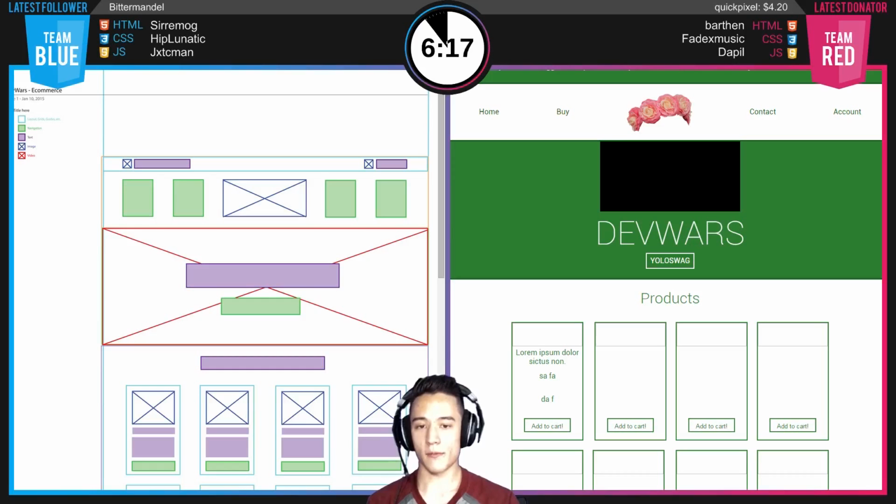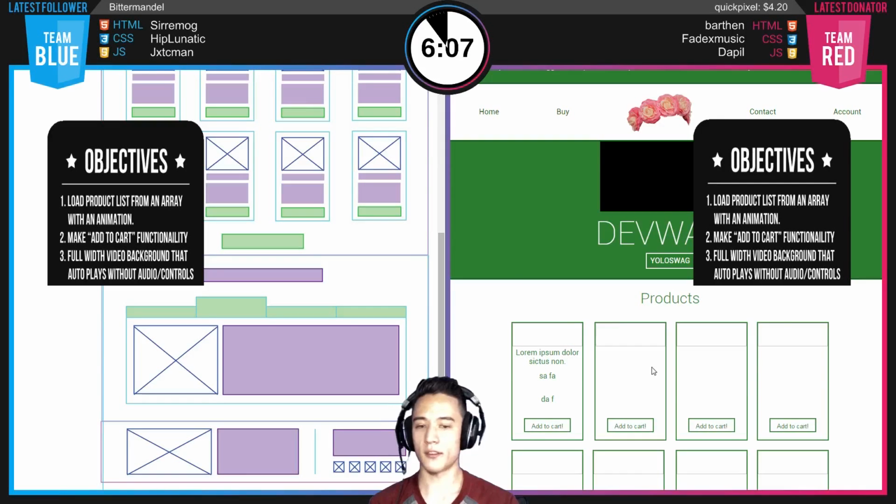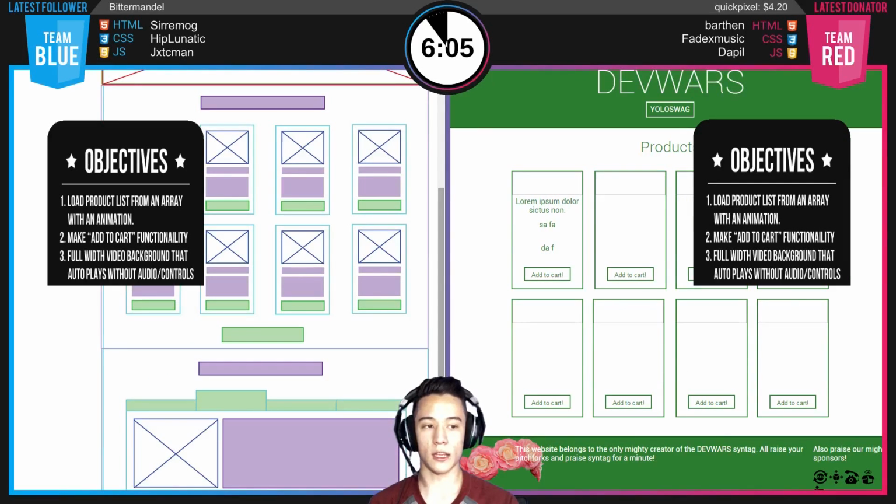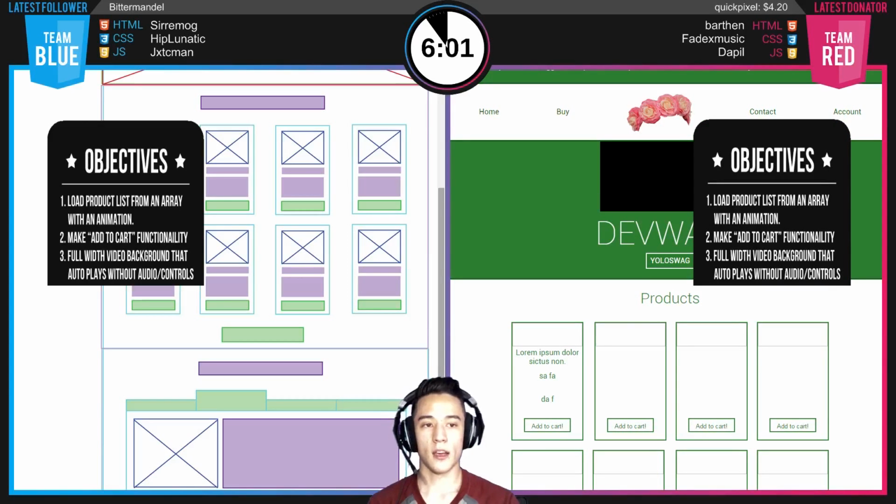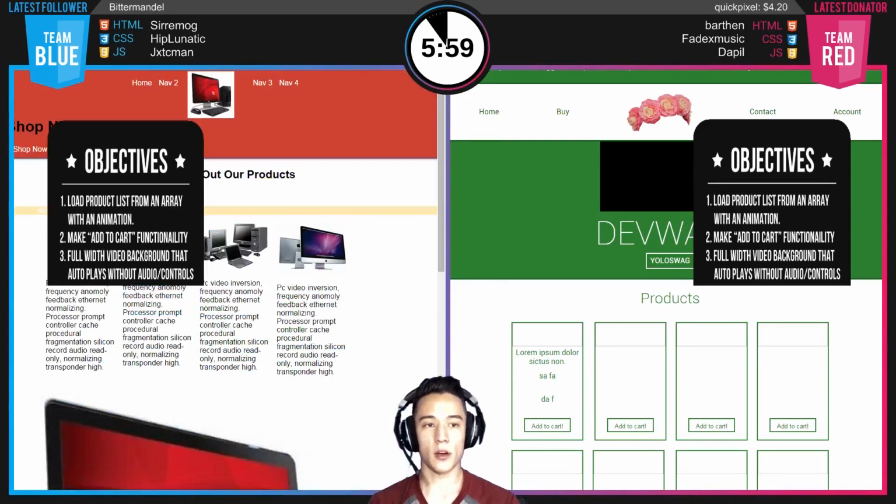So they know that green is navigation. They know that blue means guides or boxes. They know that blue is images, red is video, purple is text. So this is the wireframe, and they're really close. They're definitely going to win on the wireframe from what we see, because if we go back over here,